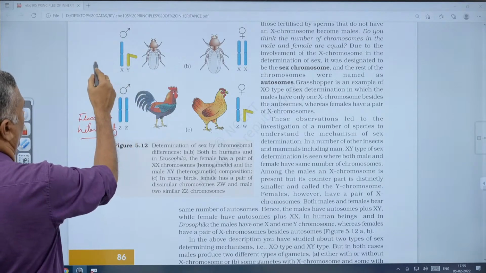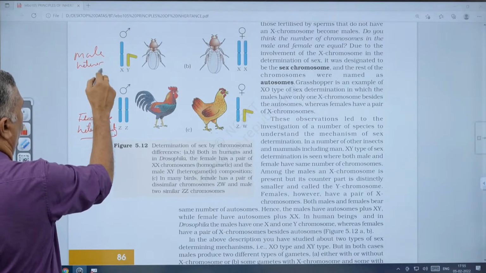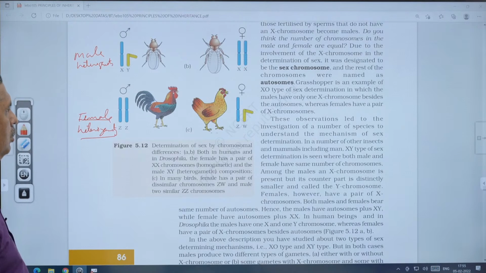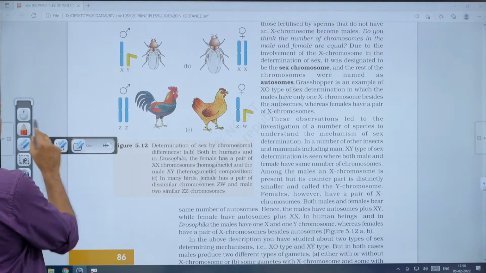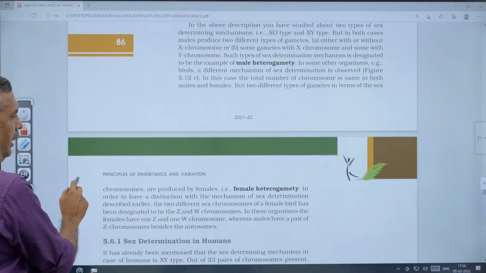In the case of Drosophila, male heterogamety. In humans also there will be male heterogamety. Okay, so these are the three types of sex determination mechanism. Okay, the next one,